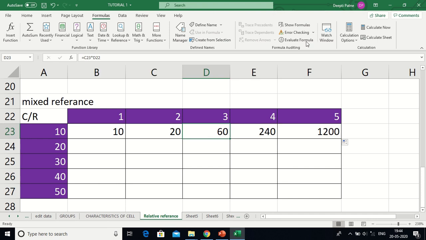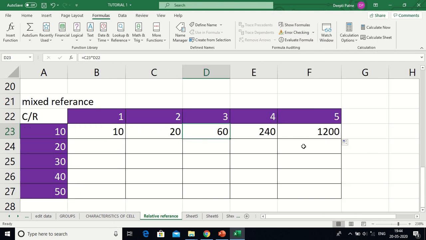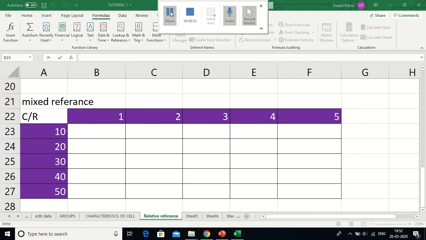See, if I say show formula again, it is taking the next column as I am proceeding, and I don't want that. I want the exact multiplication. If I drag and drop this down, still I am not getting the correct answer. Okay, so in order to do this activity, it is now more challenging how to perform this.